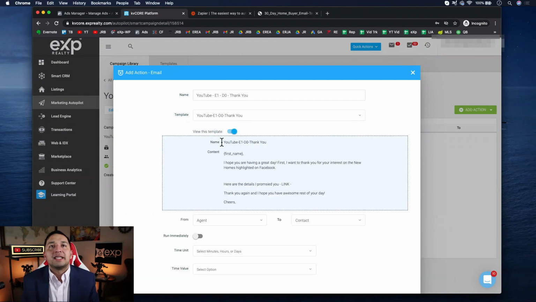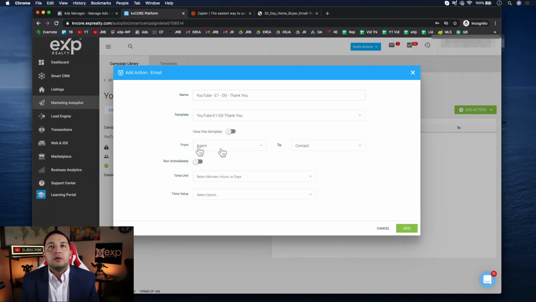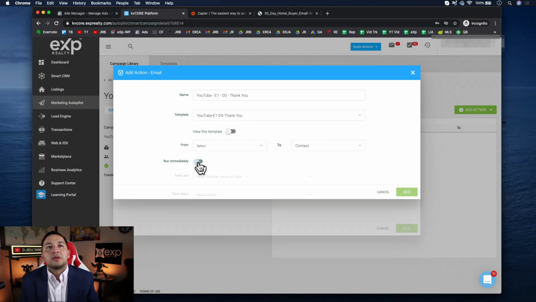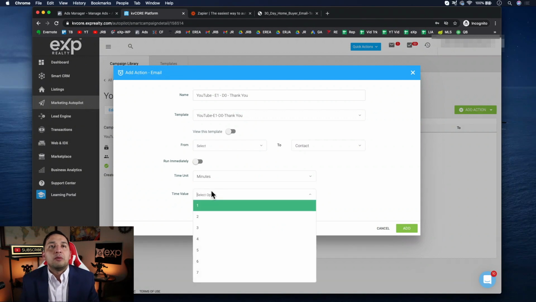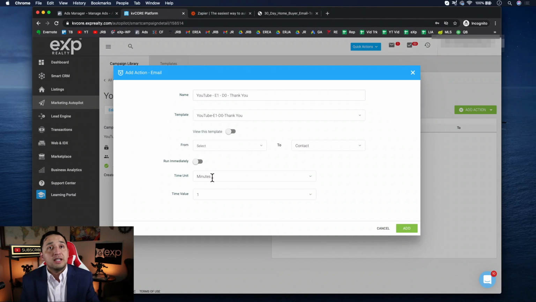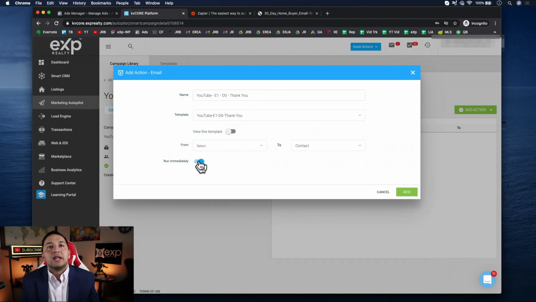Oh, and I'll come back to the link in 2 seconds. So coming from the agent, contact, run immediately. This is the one that we want to fire off quickly. So we're going to go there. If I didn't want it to fire off quickly, then I would delay it by a minute, by an hour, by day, however long you wanted. And then you would put that. So if I said I want it to fire off a minute after the lead comes in, perfect. But what I want is to fire immediately, and that goes away. So I just added,